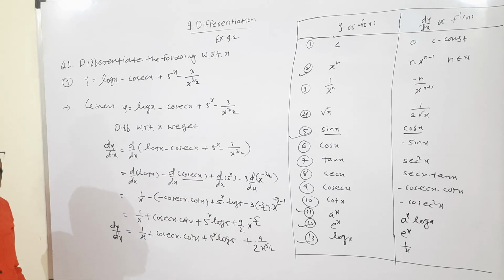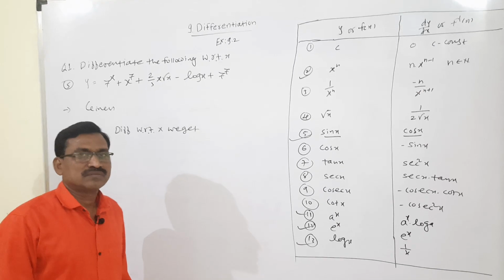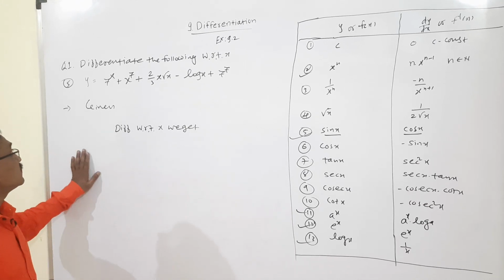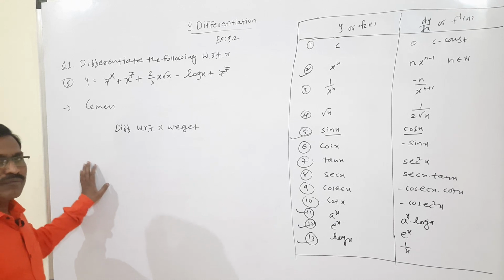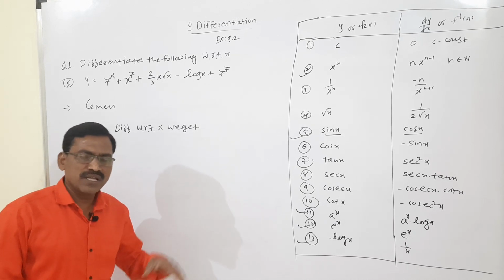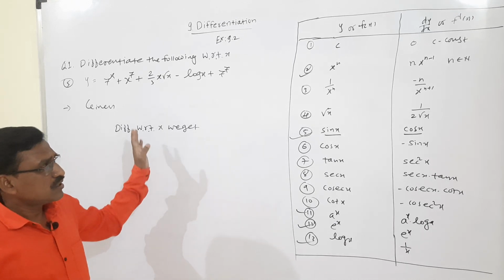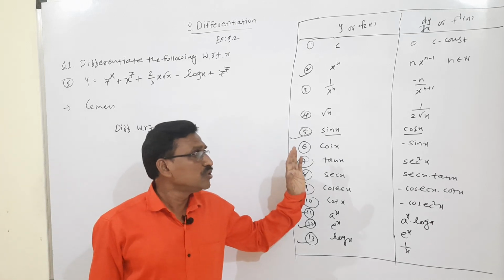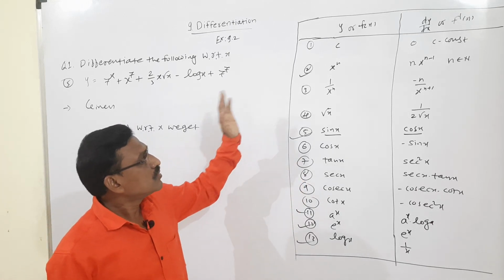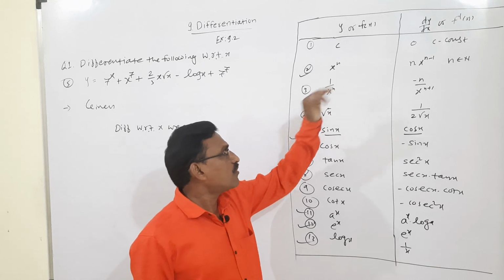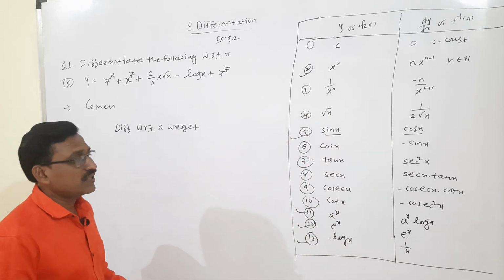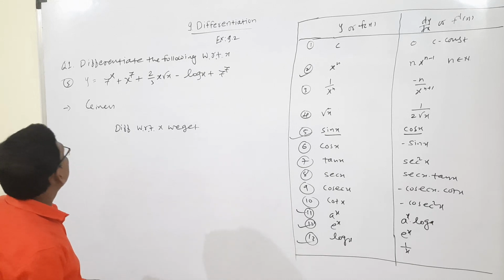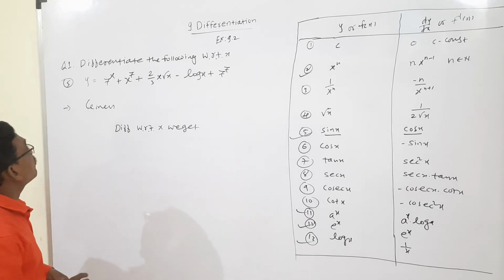Now we will take the next example. Example number 4 you may try to solve at home. In that example number 4, there is a use of the power function x raised to n, x raised to 2 by 3, x raised to 4 by 3, etc. Now we will take next example number 5 here.